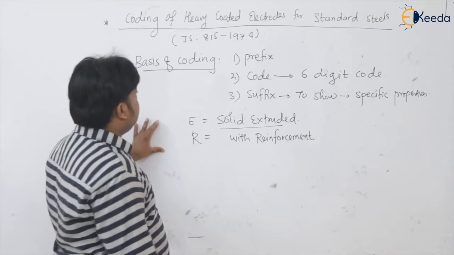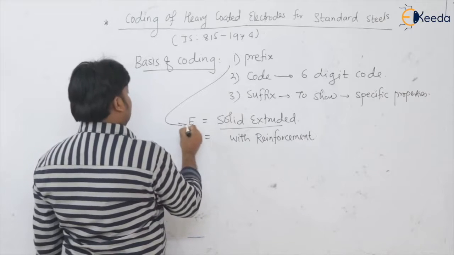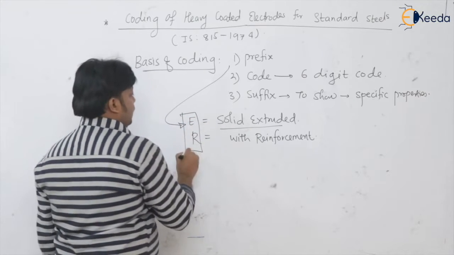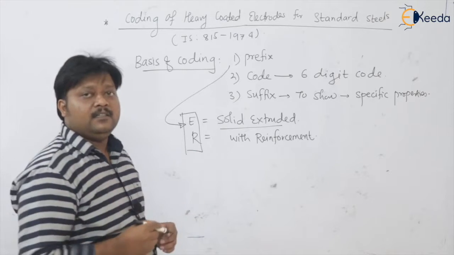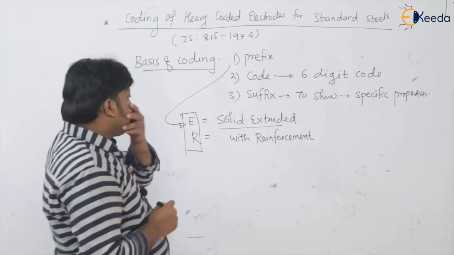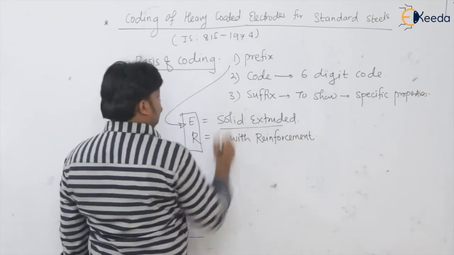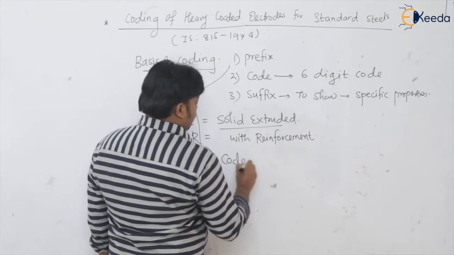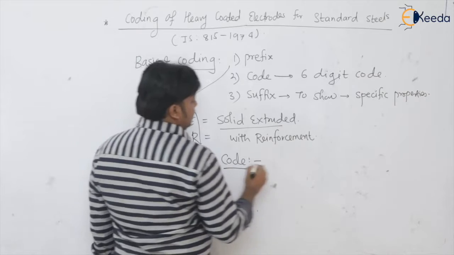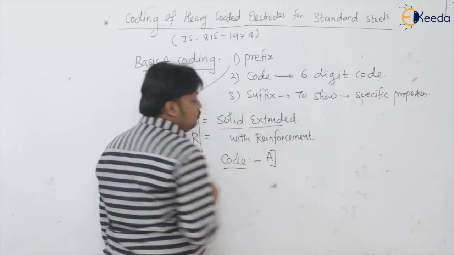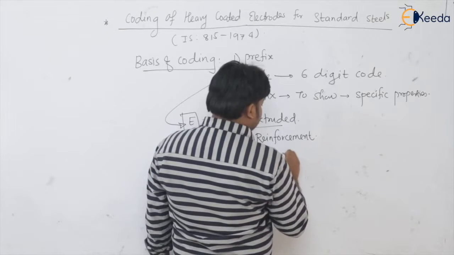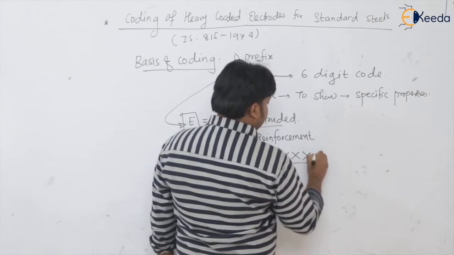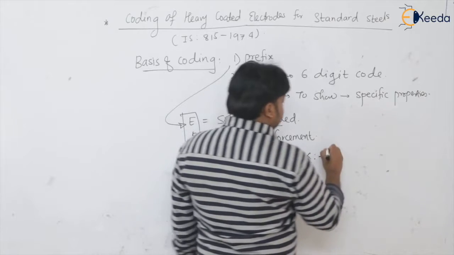Then after this prefix, we use either E or R: E for solid extruded electrode, or R for reinforcement. Now after that we have the code of 6 digits, which again gets divided into two parts. The first 3 digits will give us the performance